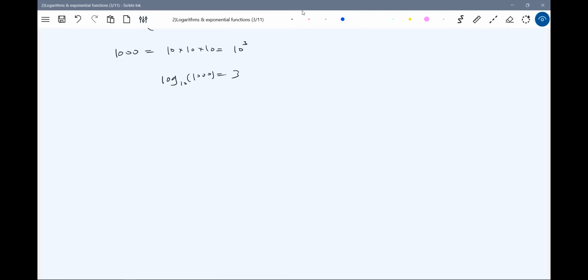So what does it mean? What do these three indicate? If you see again, 10 to power of 3, this is nothing but 1000, equal to 10 to power of 3. So if I go for the basic log definition,